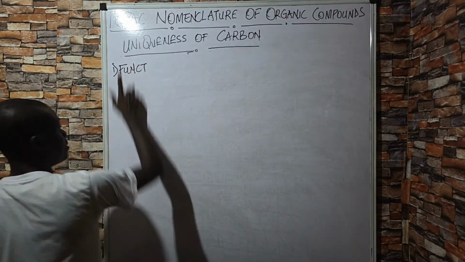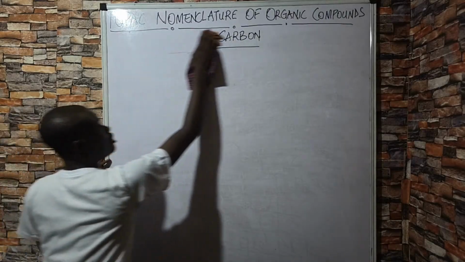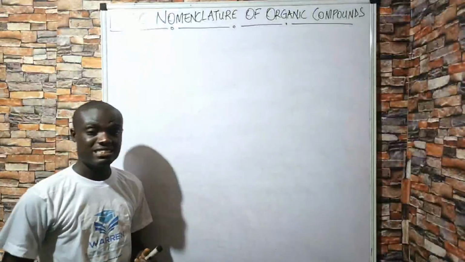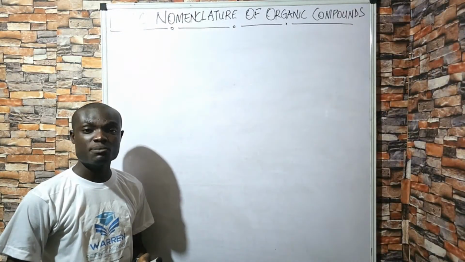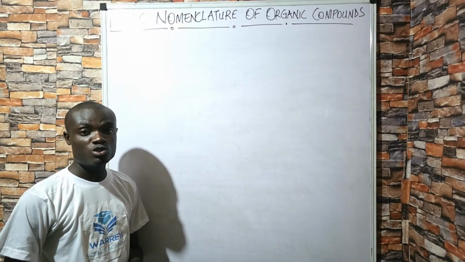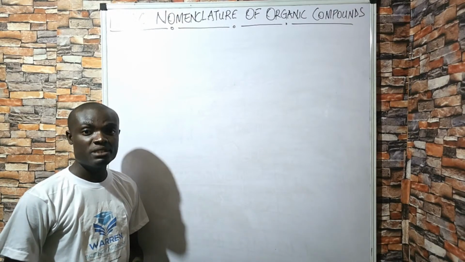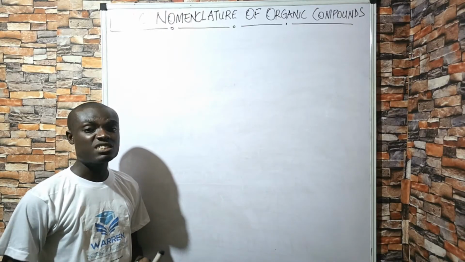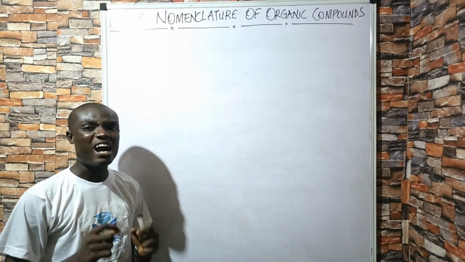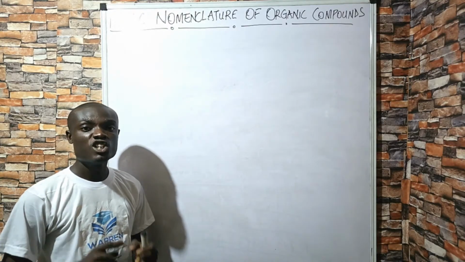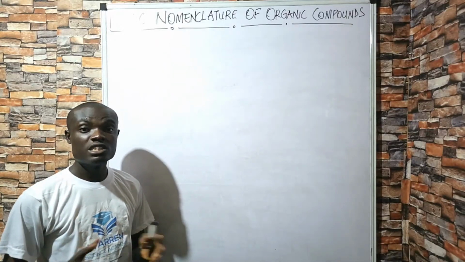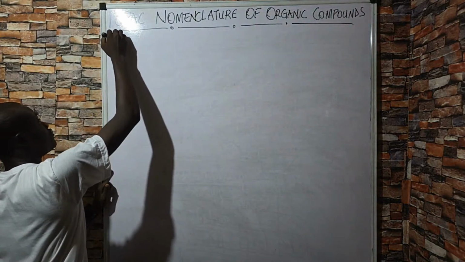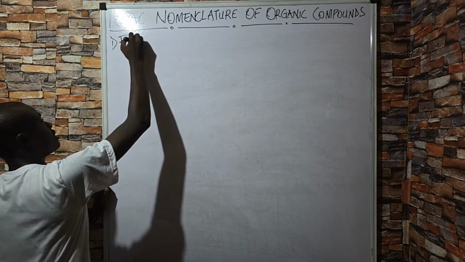So let me take this part off the board. So let's take the units of carbon. Please don't forget them. Like we said, there are just 4. Number 1 is the ability to catenate. Number 2 is the ability to form multiple bonds, which will either be double bond or triple bond. Number 3 is that they exhibit a minimum valency of +2 and a maximum valency of +4. And lastly, they have this special ability to undergo what we call hybridization, which means joining of different orbitals to form new orbitals. So let's take a look at the first part of this class, which is functional group.